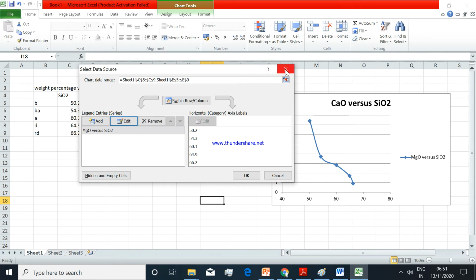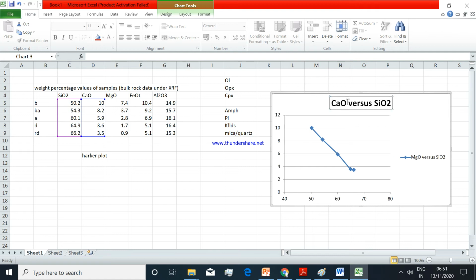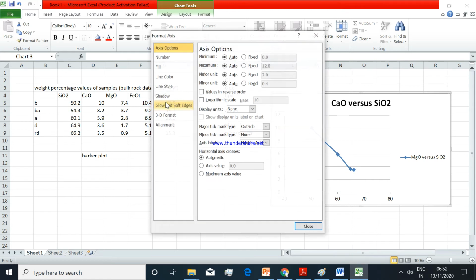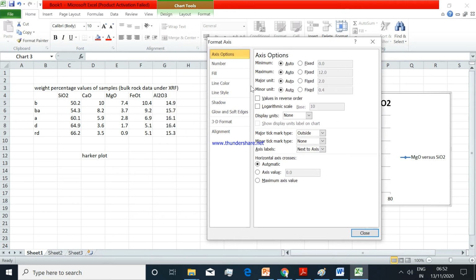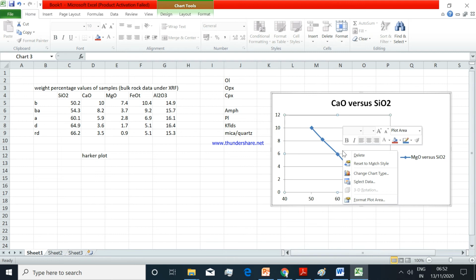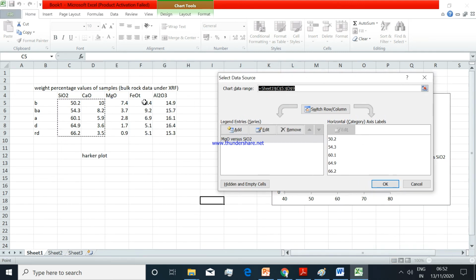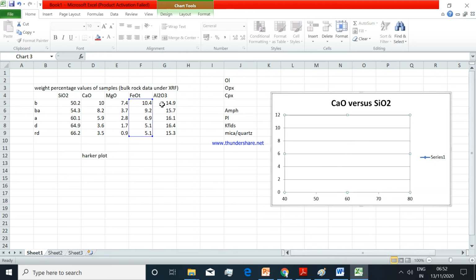This is in terms of magnesium. What we are observing is that. And if we try to observe in terms of aluminum oxide, in terms of iron oxide, we can see that there is